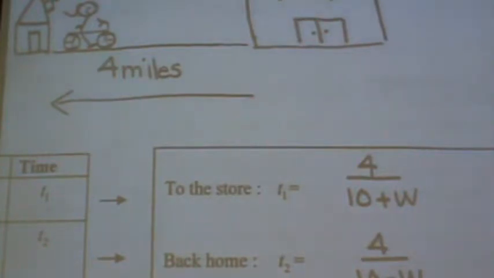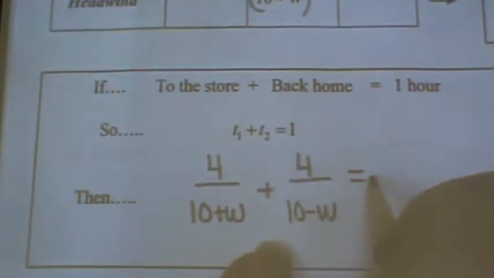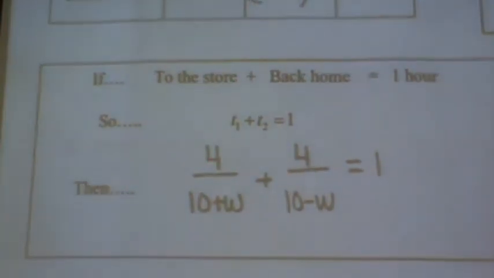Okay, how long did it take according to the problem? 1 hour. So we're going to take this and this, and add them together. So the time going there is 4 over 10 plus W, plus the time going back home, 4 over 10 minus W, is 1 hour. There's your story problem. How do you solve this now? 10 plus W, 10 minus W is equal to